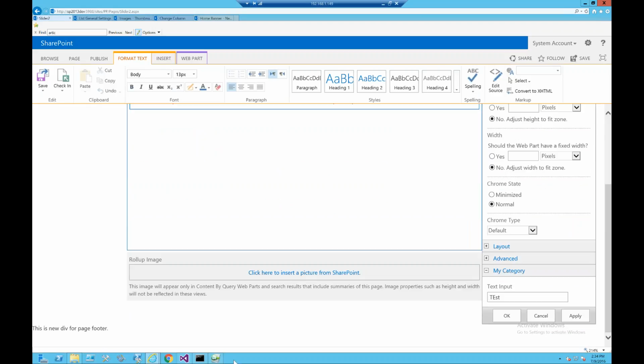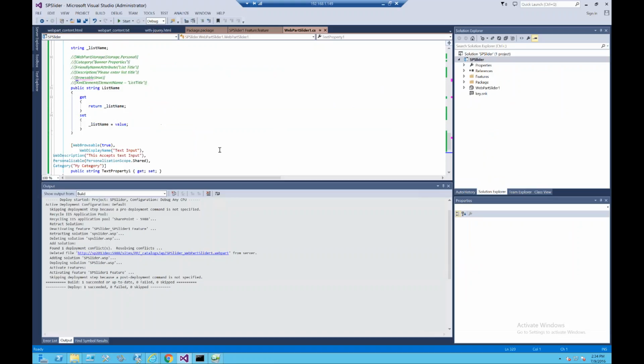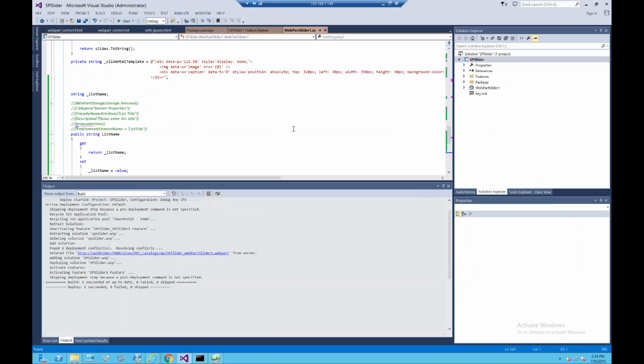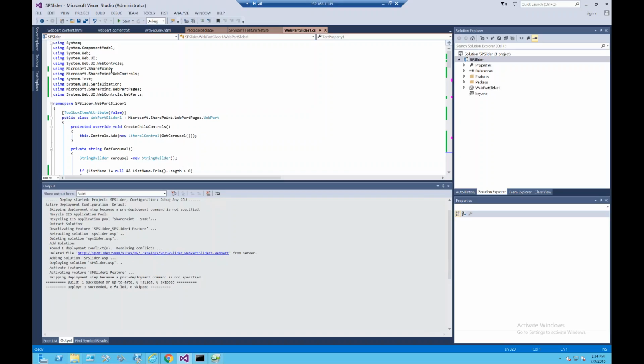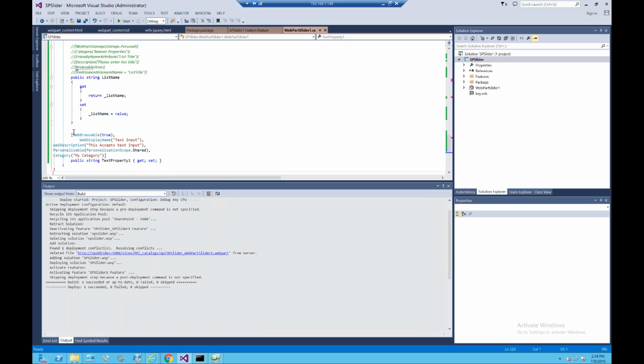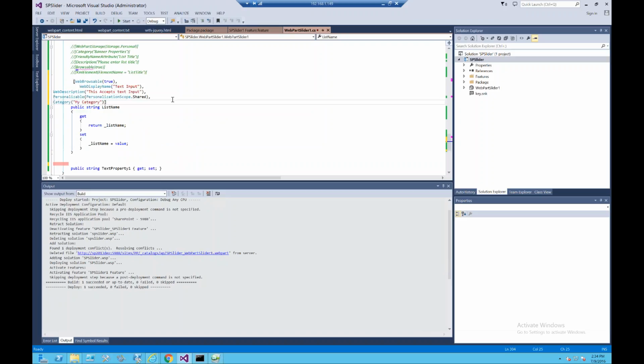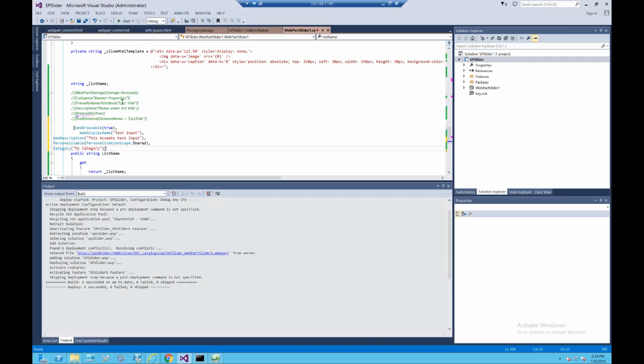I think it's something to do with the namespace. I removed this before, thinking that we don't need that, but looks like all these web properties should be from that namespace. And if we copy this,